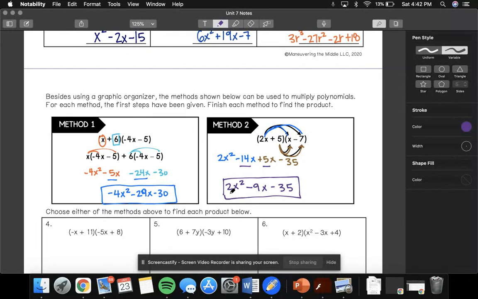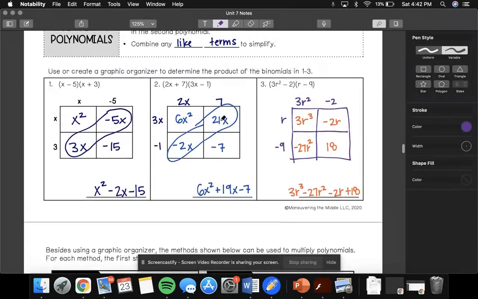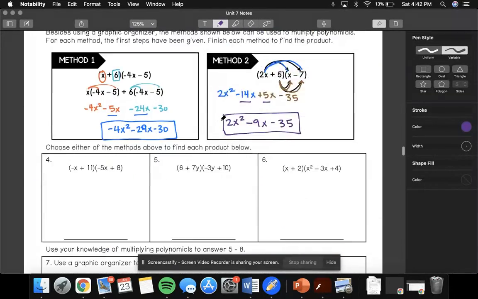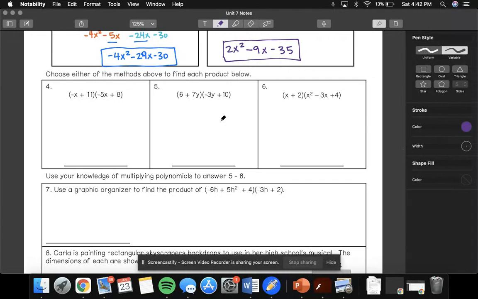Okay? Both methods are great methods. The area model is also a great visual method. So you just kind of got to pick which method you prefer. Okay. So for this one, I'm going to show you guys both different ways. Okay. So if you pick the first method, we're going to distribute the first term. Okay. We're going to distribute that